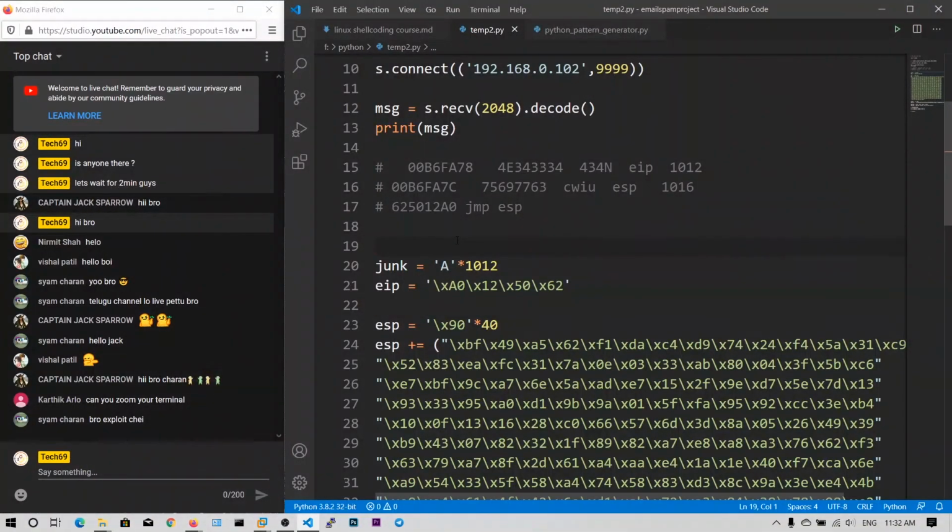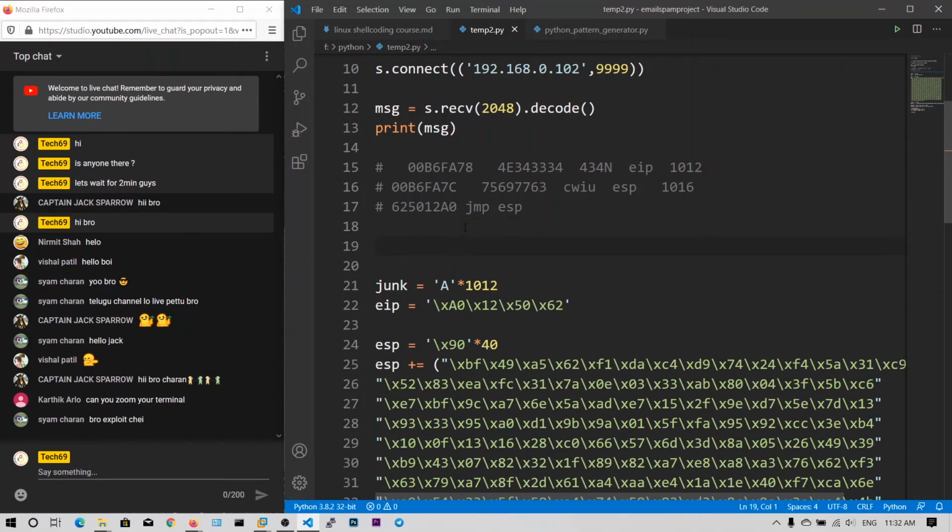So guys, we can place something instead of NOP, and that something does nothing.